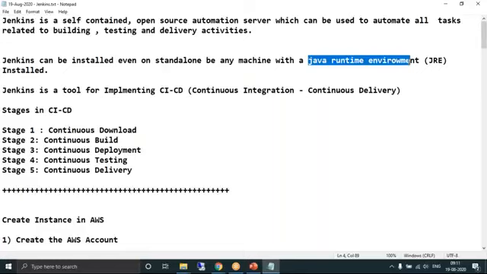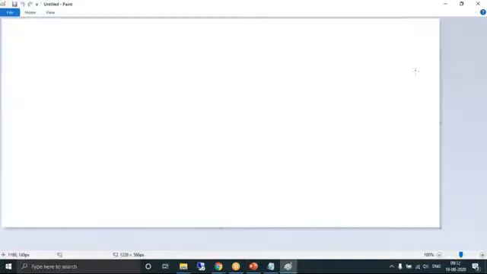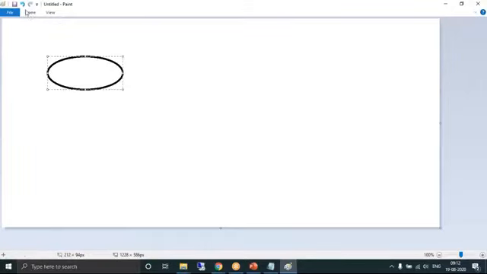Where is the source code available? GitHub repository. Yes, you are right. What do you mean by continuous download? As we know, the complete project related source code is available in the GitHub repository.